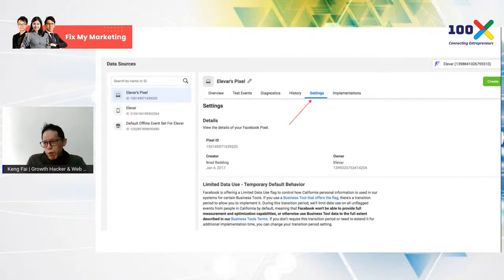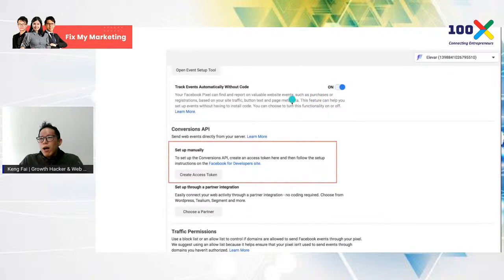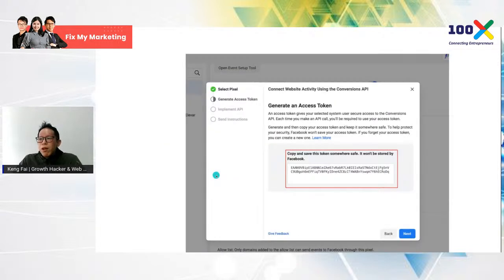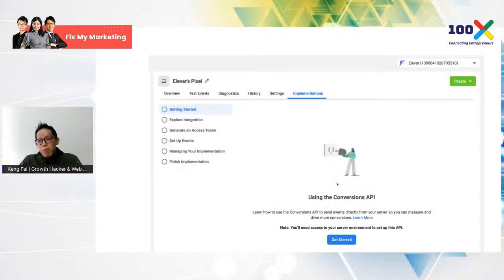So if you have set up Pixel before, go to the Pixel that you're using right now, go to the settings, click that, and when you scroll down, you would see this part, Conversions API. All right, then you create your access token. Click that, and once you've created your access token, just implement the pixels based on the setup.